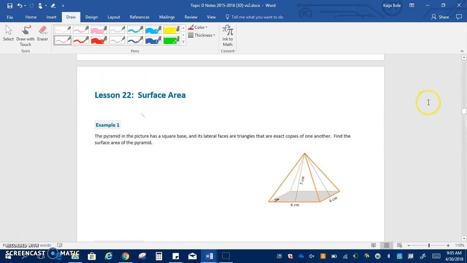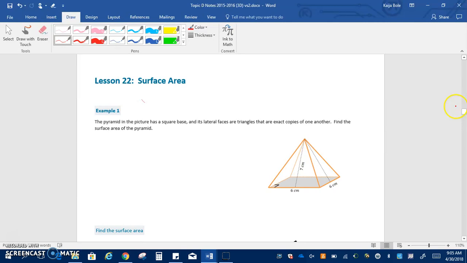So we talked in class about the difference between a prism and a pyramid. If you want to write at the top, we're talking about prisms versus pyramids. A prism has two bases because it's surrounded by rectangles, and we know that our formula is surface area equals PH plus 2B for our two bases. Whereas a pyramid only has one base,